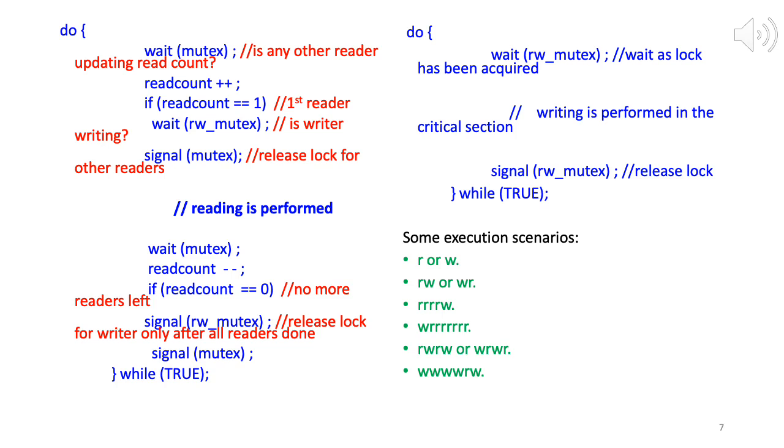Last one, a bunch of writers followed by a reader, followed by a writer. So what happens? First writer acquires the lock, and now it depends on how things are going. First writer acquires, does writing, releases. Second writer acquires, does writing, releases. Third acquires, releases. Fourth acquires, releases. And then the reader acquires, releases. And then the writer acquires, releases. If it's sequential, no problem. If it's concurrent, then let's see what happens.